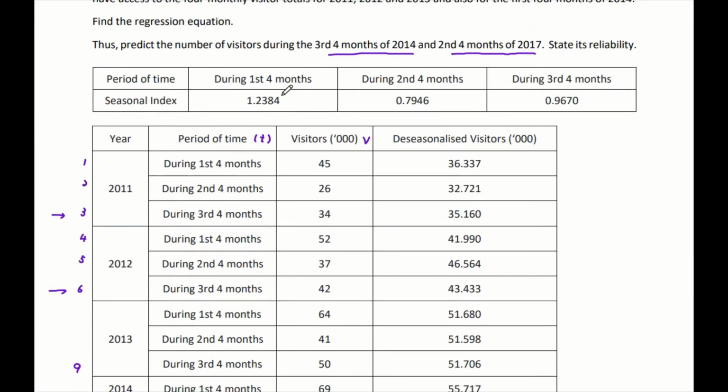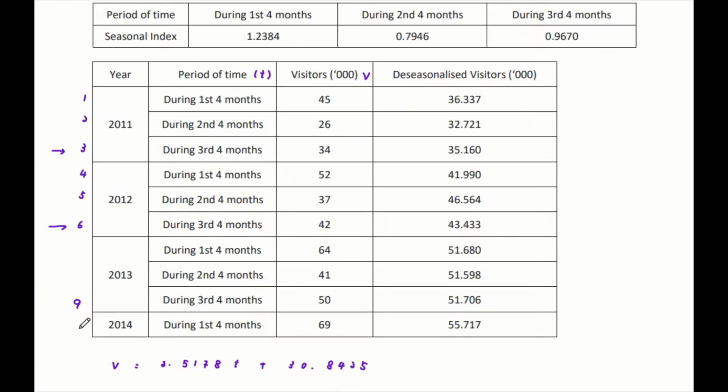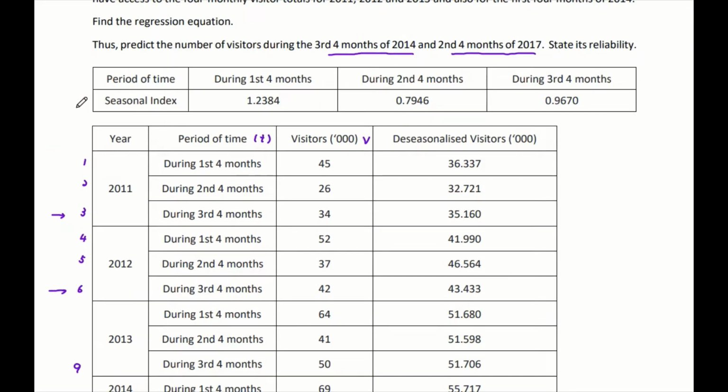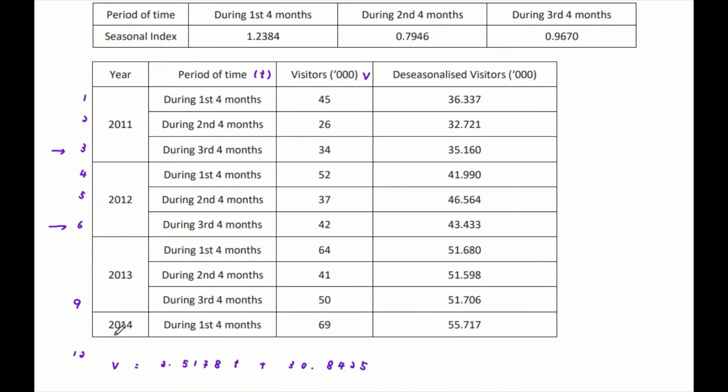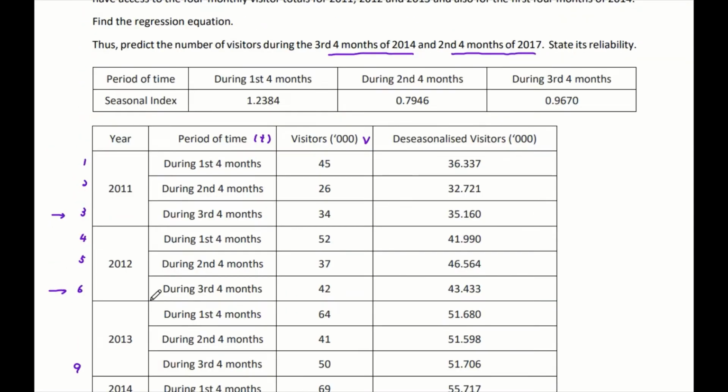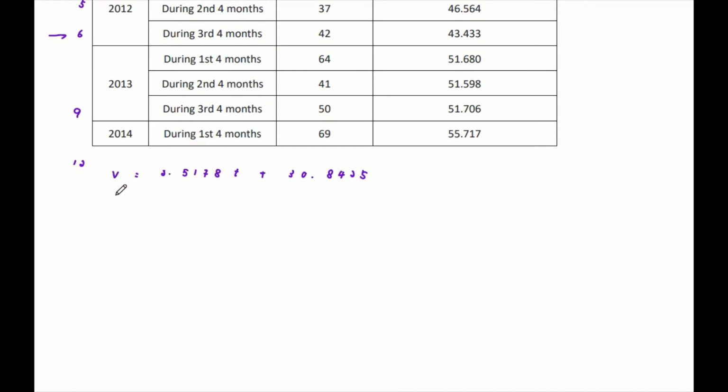Then after that, we are finding out the third 4 months for 2014. So in this case, it will be the next one, which is 10, 11, and that's going to be 12. I think that makes sense, right? It's not hard. Basically, you are just following the sequence, then you find out the number of the data point representing the respective period of time. Because you know the third 4 months of 2013 is 9, 2014's first 4 months will be 10, the second 4 months 11, so the third 4 months is 12. So to find out the third 4 months of 2014,